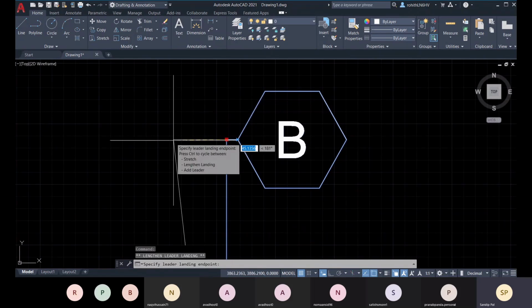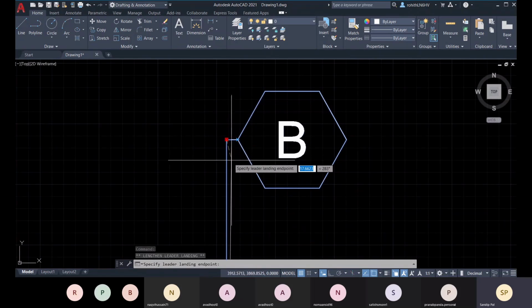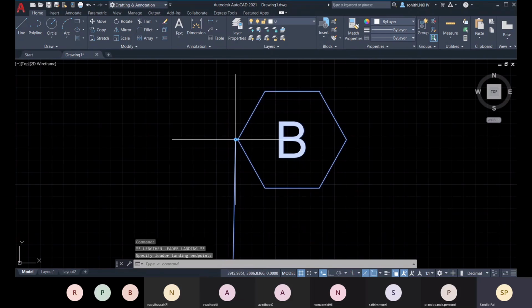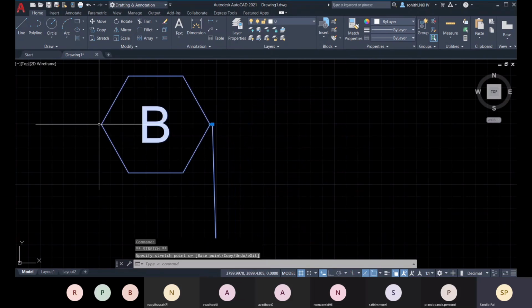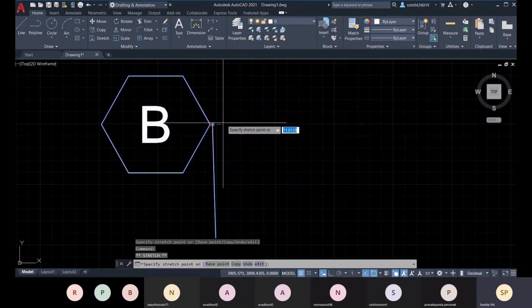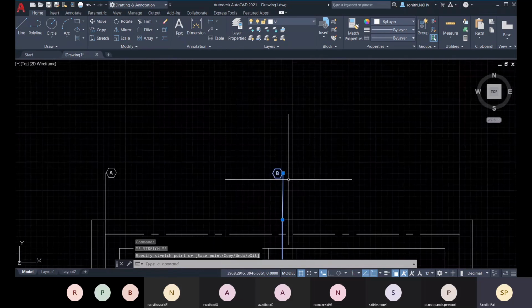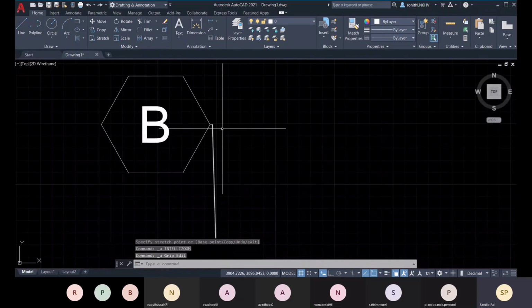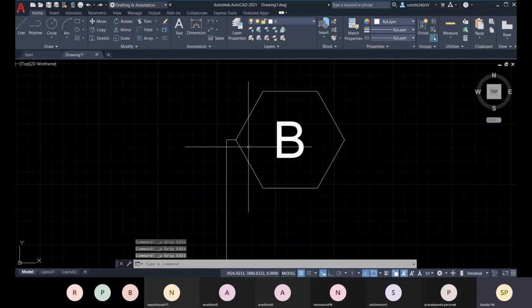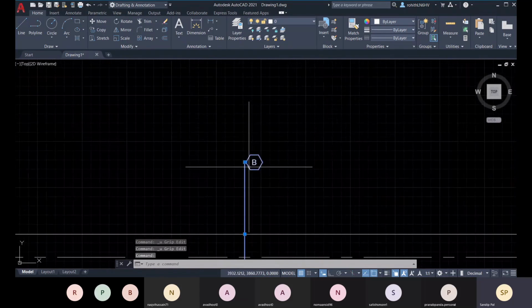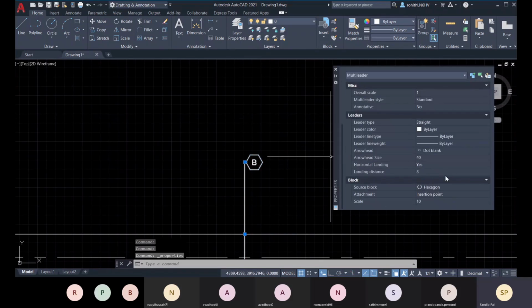This will lengthen the landing. Just a second, so this is not the right one. Control 1, let me just find it out.